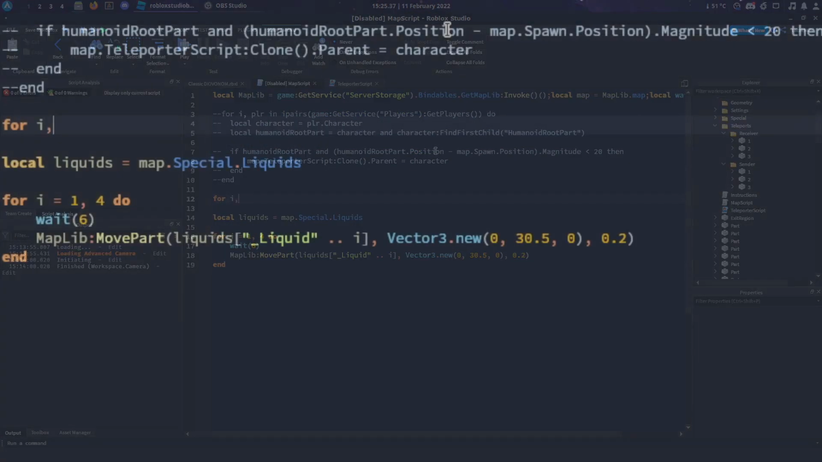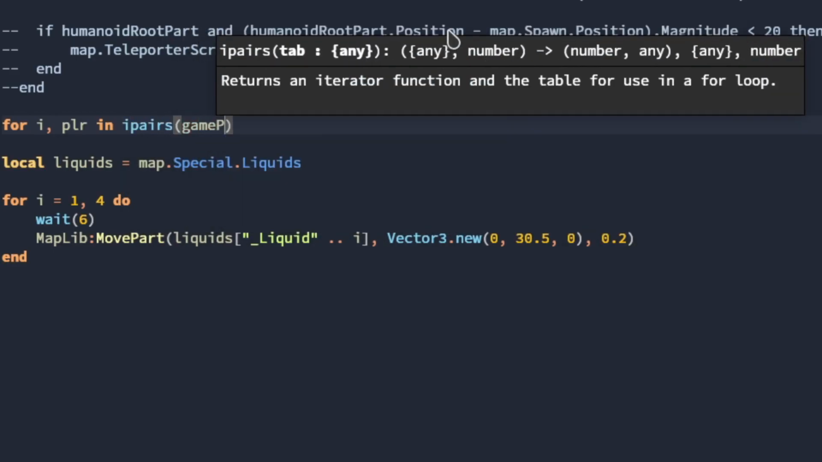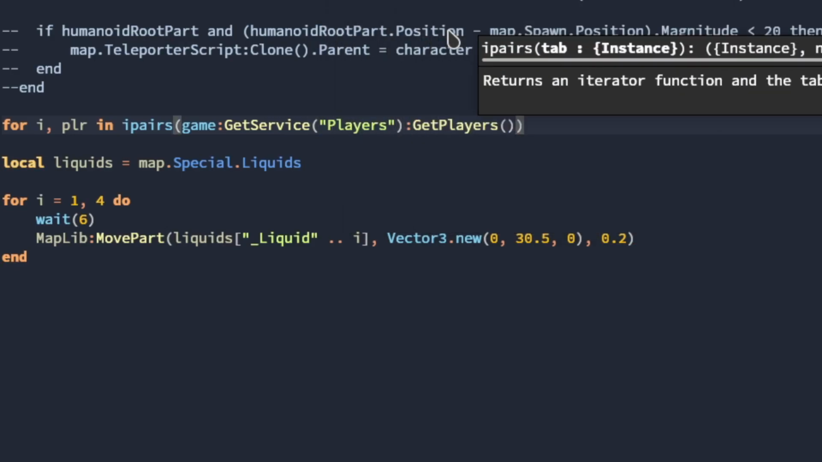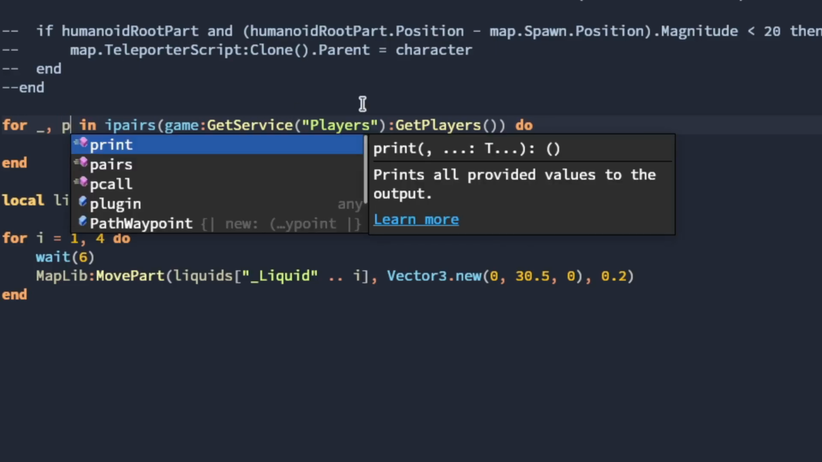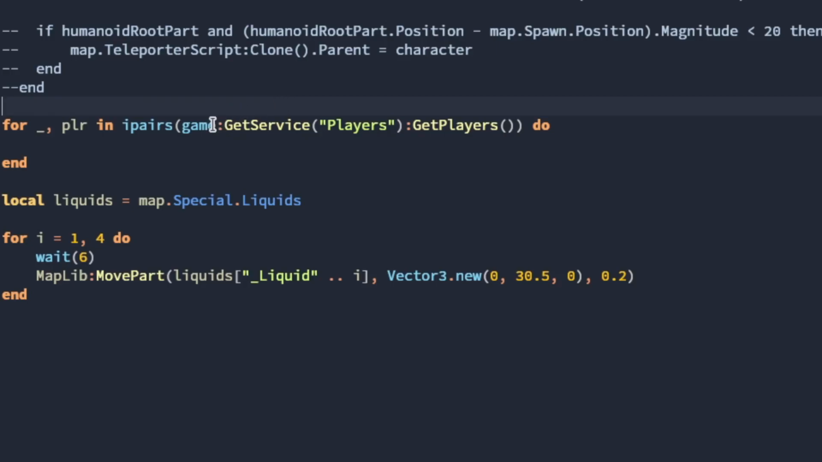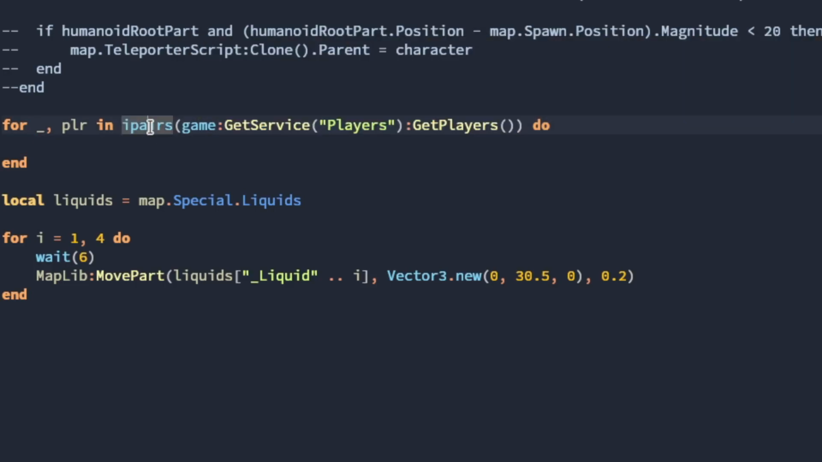So first, let's do a for loop. For i, plr in ipairs(game:GetService("Players"):GetPlayers()) do. And let's see what this all does. i is just a number, we don't really need this. You can put anything in here. You can just put a dash, or in plr you can change it to player, wherever you like it. This doesn't matter. So next, what you need to do is get every single player in the game, and